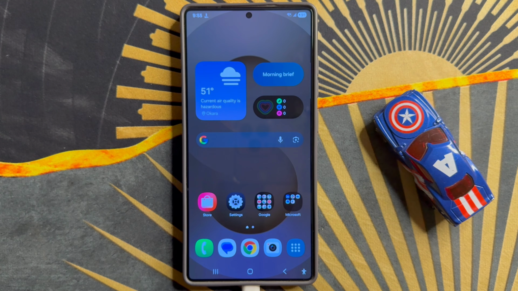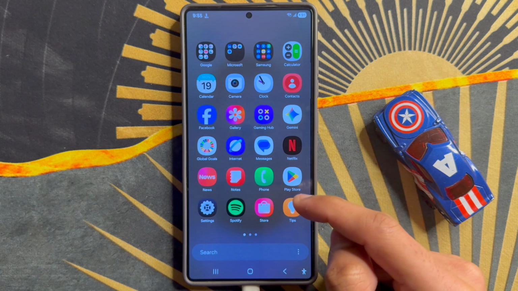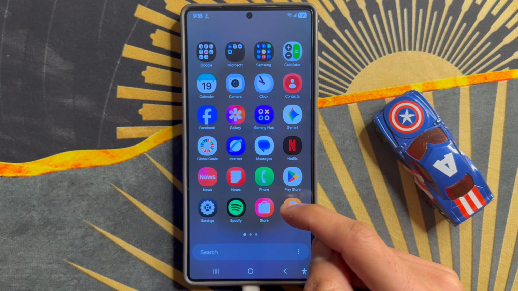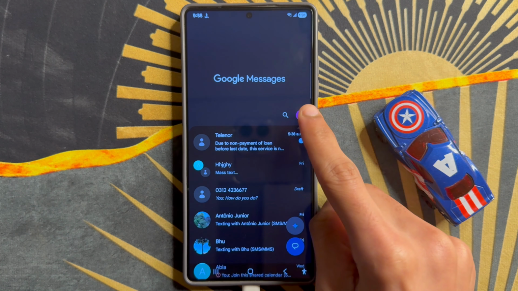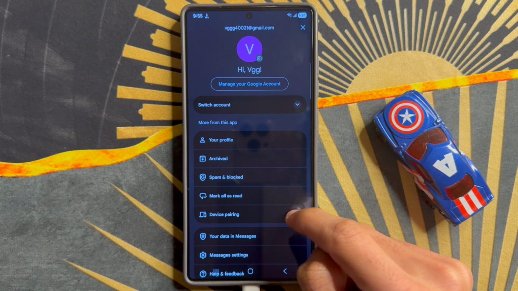Let's start the video. First of all, go to app library. Here click on messages app. After clicking on messages app, click on this profile icon. Scroll down